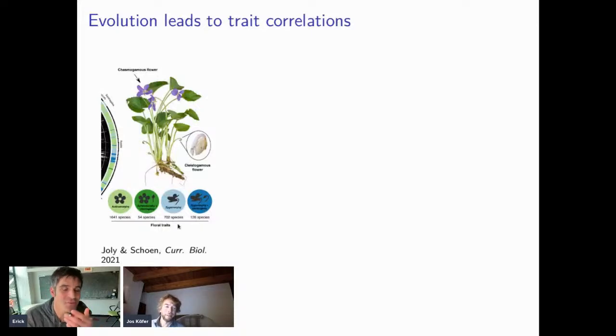Sorry, I'm a little confused. So can you help me understand? So there's the pollinator comes to the purple part, which is what I would call the flower. Yes. Okay, but then the fertilization happens in this